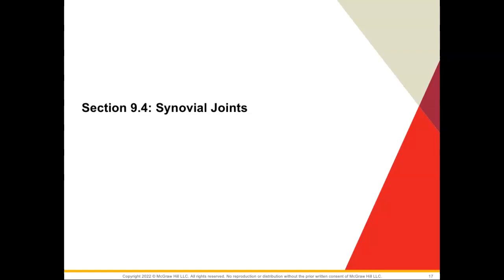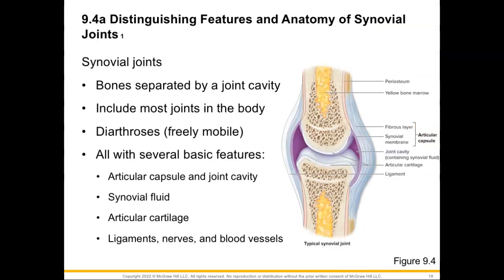Welcome to section 9.4 on synovial joints. First, we're going to start off by describing some distinguishing features and anatomy of synovial joints. We'll see that our bones are finally separated now by a joint cavity. Remember, anytime you see that word cavity, you want to think of a space. So we do have space in here, and this is going to be included in most of our joints throughout